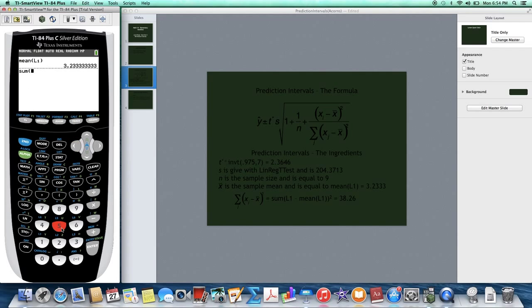So I'll select sum. And we're going to take the sum of L1 minus, now I could just type this in, but I'm going to go ahead and go second stat, choose math, select mean again. I'm just going to have the calculator redo this calculation. Close the parentheses, put the square, press enter,